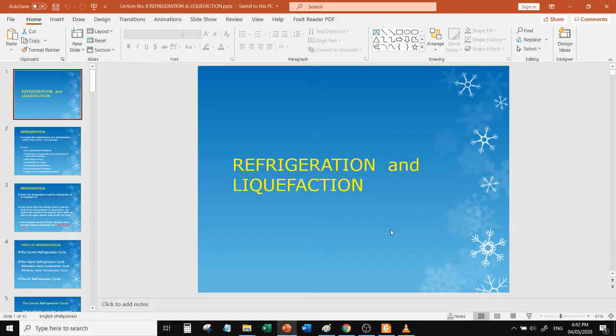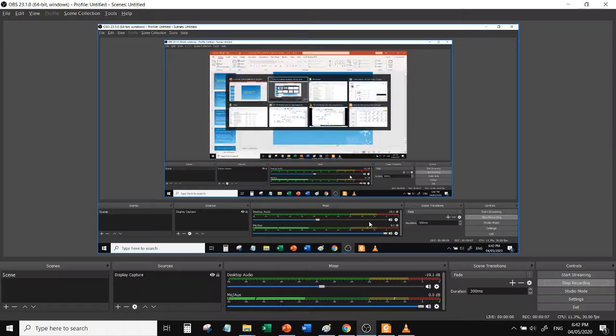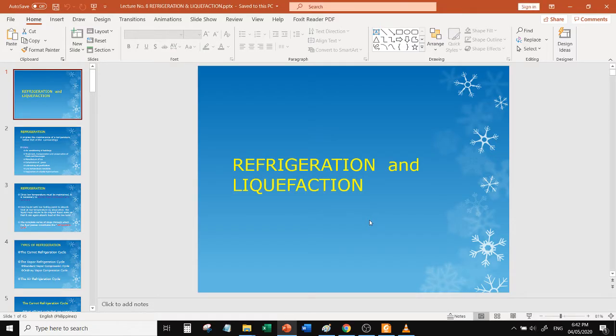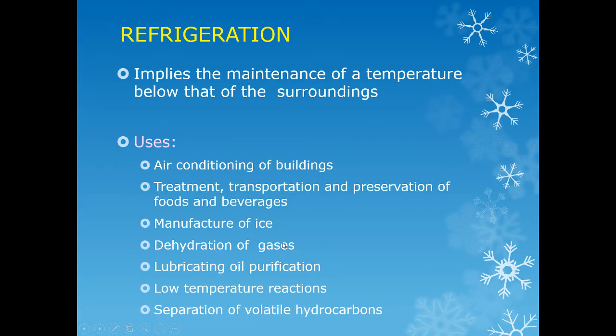Hello, for this video, we will discuss a new topic, refrigeration and liquefaction. For refrigeration, I'm sure familiar na kayo kung ano yun. It implies the maintenance of a temperature below that of the surroundings. Lahat naman tayo, di ba, nakakita na ng ref and naka-experience na ng aircon. So other uses of refrigeration